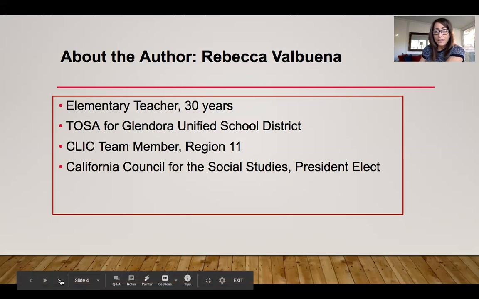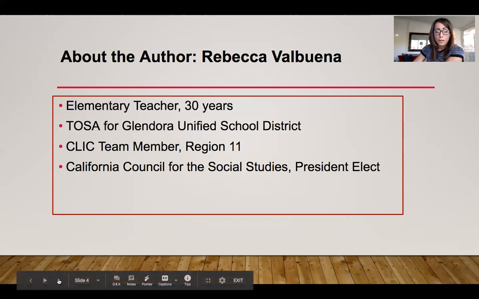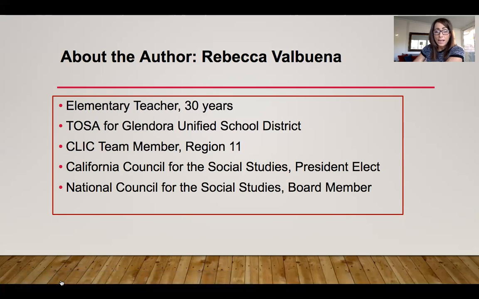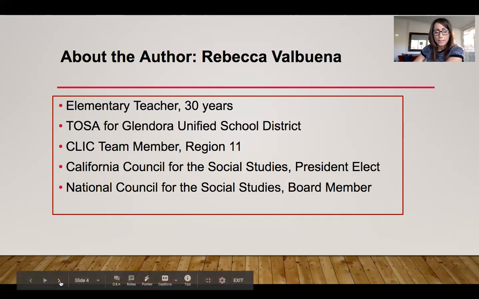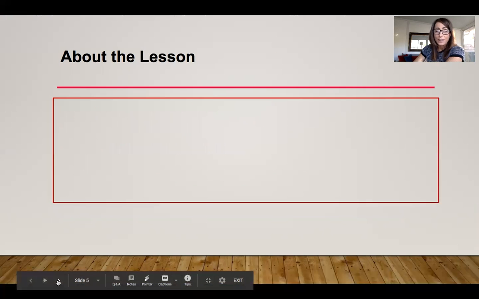I'm currently the president-elect of the California Council for the Social Studies, a wonderful organization that promotes history, social science, teaching, and learning. And I'm also a board member of the National Council for the Social Studies. In the evenings, I am a history methods instructor at Cal Poly Pomona. So I've been working in history, social science for a very long time, and love to share ideas with fellow elementary